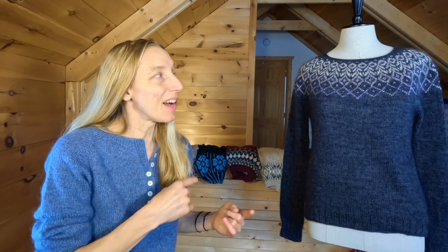But other times we want to do a little bit more of a fade or a gradient, or play down certain parts of the color work and play up others. So in this video, we're going to talk about a few different options for going from a two-tone colorwork sweater to a multi-colored sweater. And my sample for today is this beautiful Snedronningan